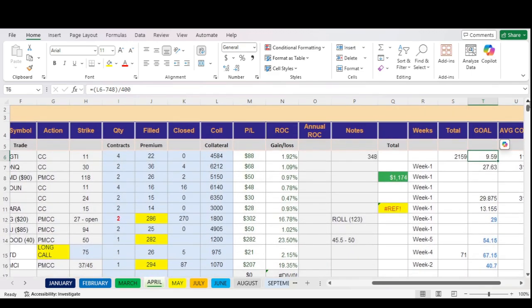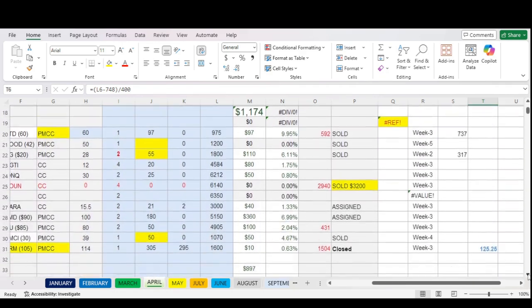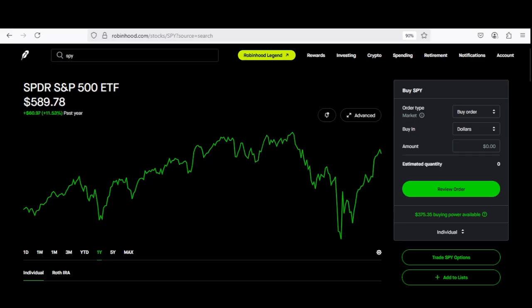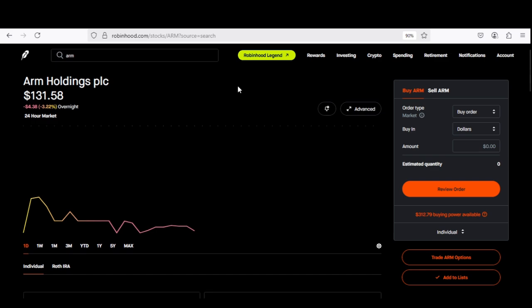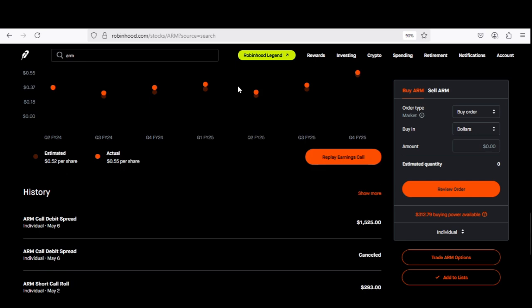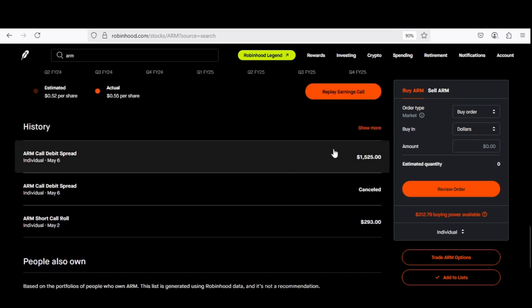Now, let me just go ahead and show you guys at least one of these. I'm going to show you the $1,500. Let's show you the ARM one. I'm going to show you that one. Let's go to my Robinhood account. Let's go to ARM Holdings, and I'm going to show you the returns for just that one. Let's go ahead and scroll down, and it should be coming up right now. And there you have it. So right here, I closed it,